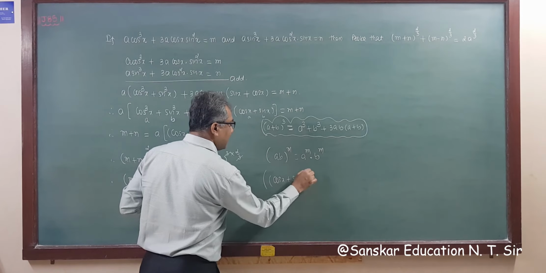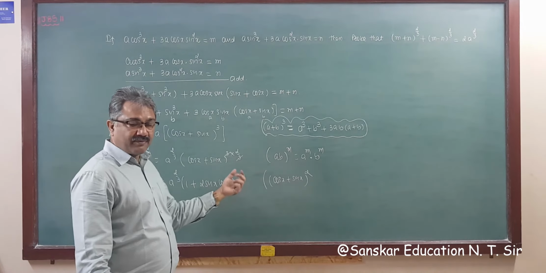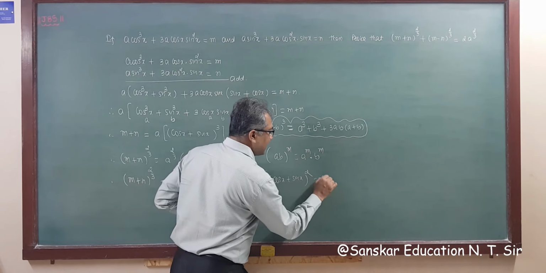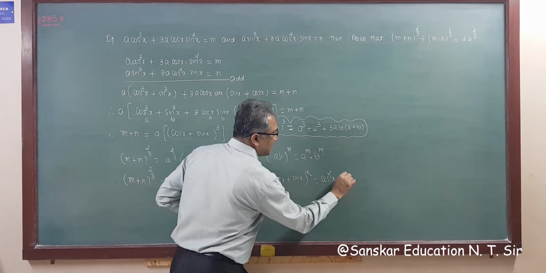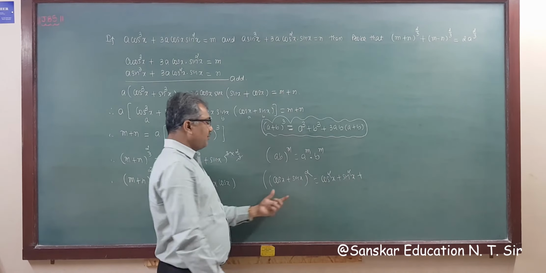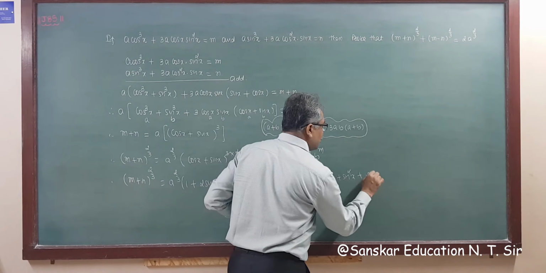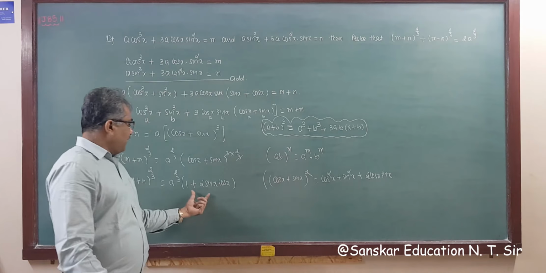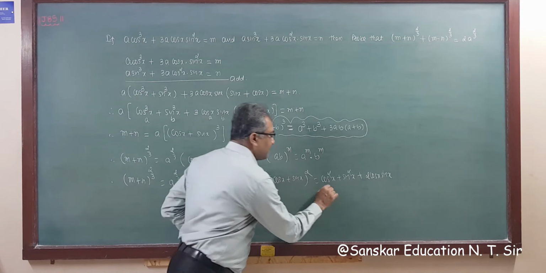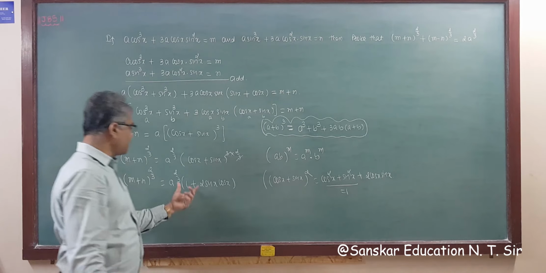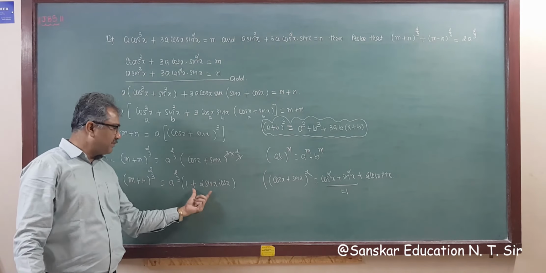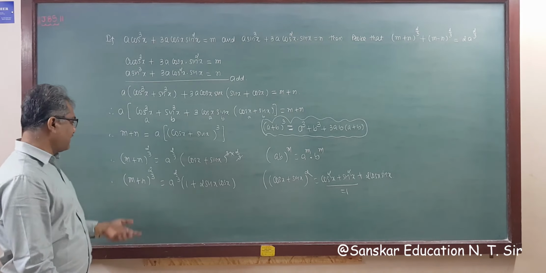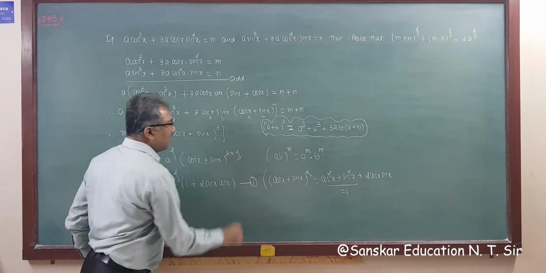I have told you to remember this, right? This is a frequently used formula. Sin x plus cos x whole square, that is cos square x plus sin square x, and plus middle term 2ab. So this is 2 cos x sin x. So this is 1 plus 2 sin x cos x, because this is 1. So remember this: sin x plus cos x whole square is 1 plus 2 sin x cos x, and sin x minus cos x whole square is 1 minus 2 sin x cos x, right? So this is result number 1.